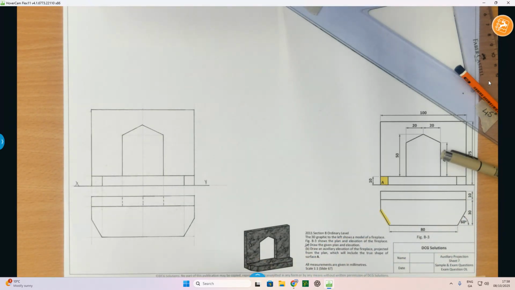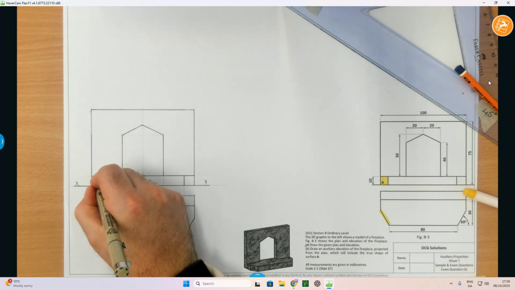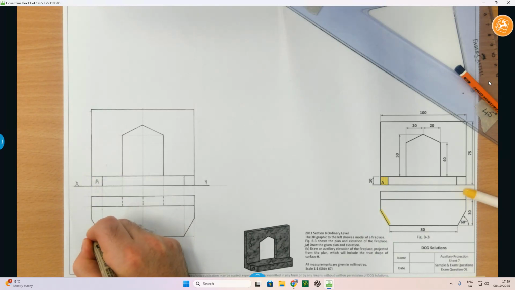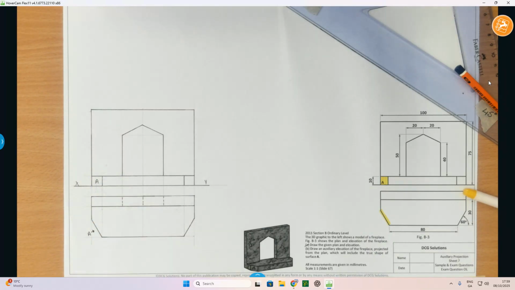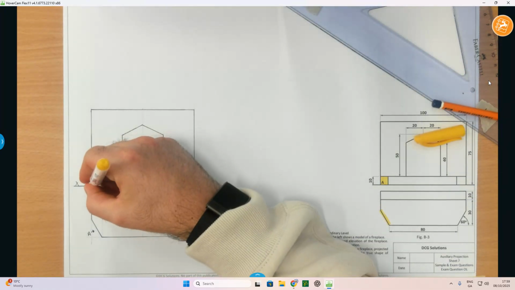Our plan complete. Now what they're asking us to do is draw an auxiliary elevation of the fireplace projected from the plan, which will show the true shape of surface A. And surface A is this surface right here. There's surface A, so I'm going to write in A there. Okay, this is A in there, looking in that direction. So just for highlighting purposes,